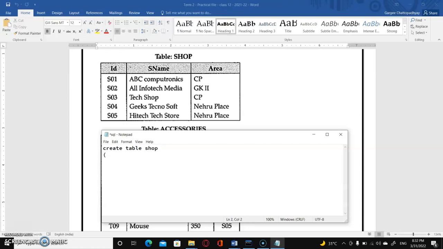So create table shop followed by ID. You can keep all the field names as lowercase letters only for ease and for fast working, or you can also stick to the rules over here. So I'm just going to stick to the names which are already given over here. So ID, and as you can see this ID is of character type, so char and 3, then S name varchar 25, followed by area, which is also varchar 25,